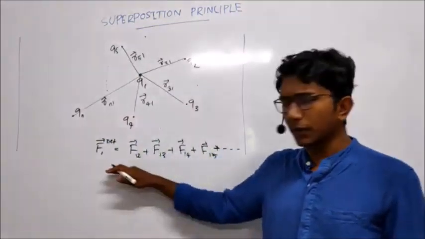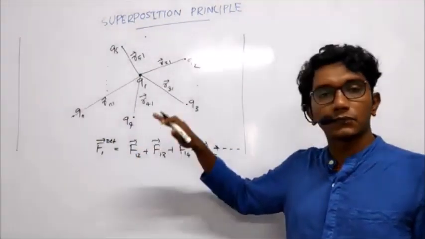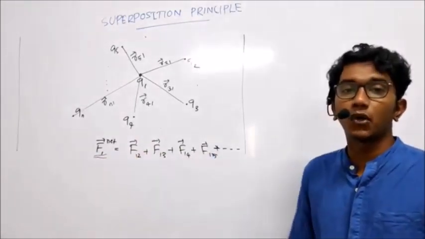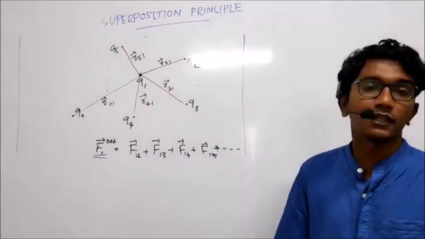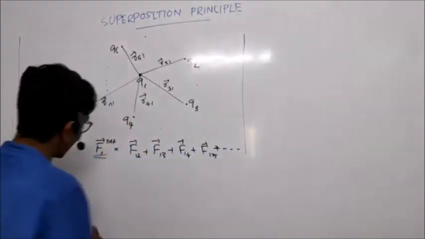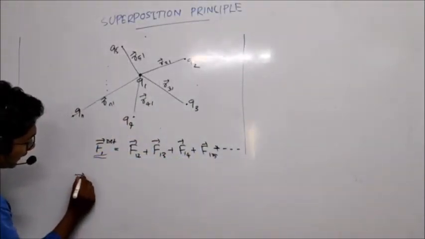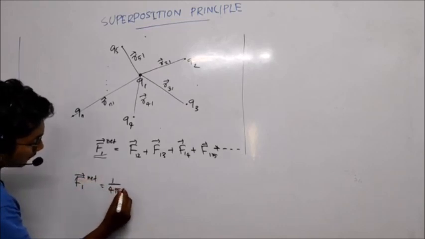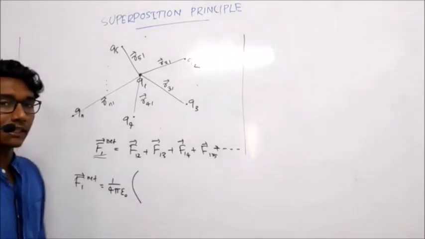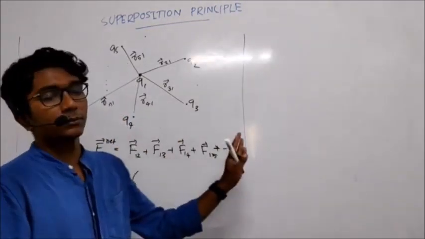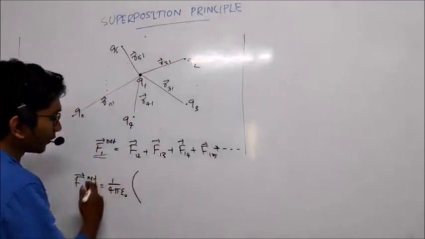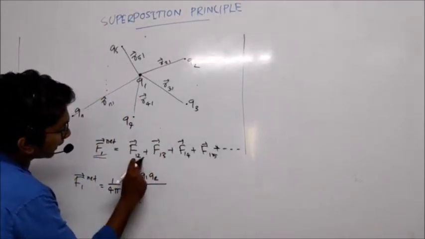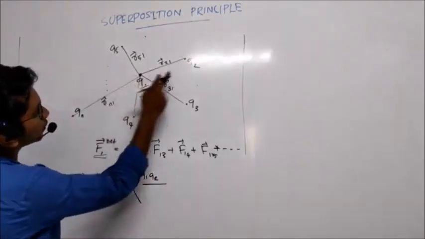So what is the superposition principle? The net force acting on one charge will be equal to the vector sum of all the individual forces acting on that charge. We can write it again: F1 net is equal to 1 by 4 pi epsilon 0. We can take 1 by 4 pi epsilon 0 outside, because it will be there in every force. Then what about the first term? It will be Q1 Q2